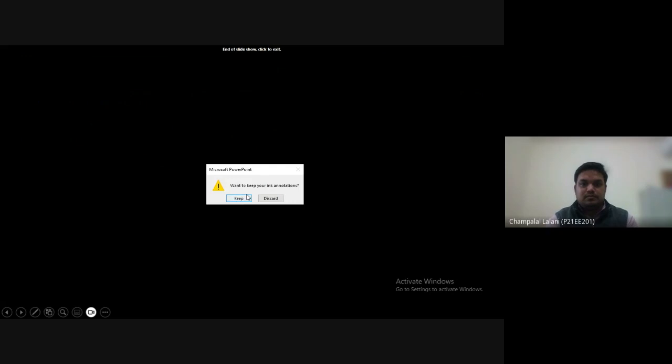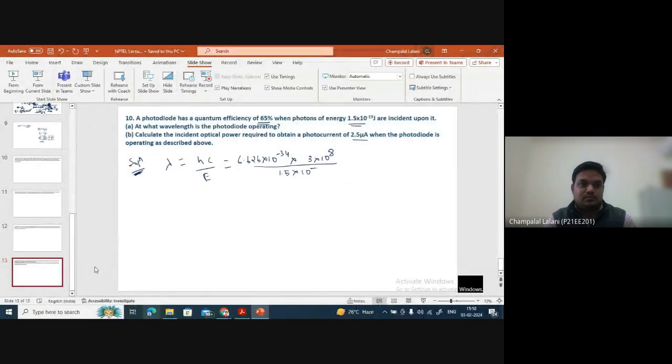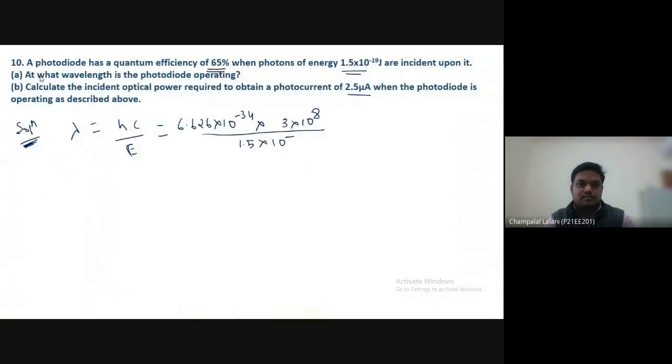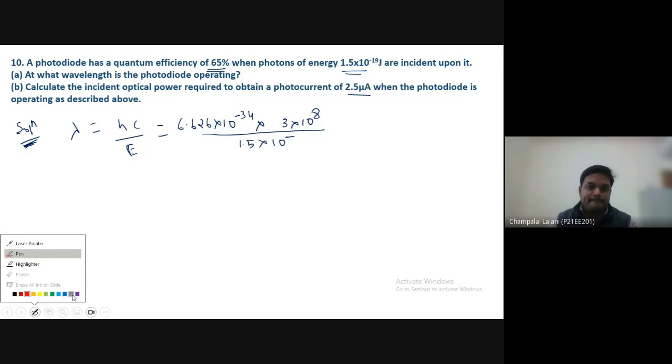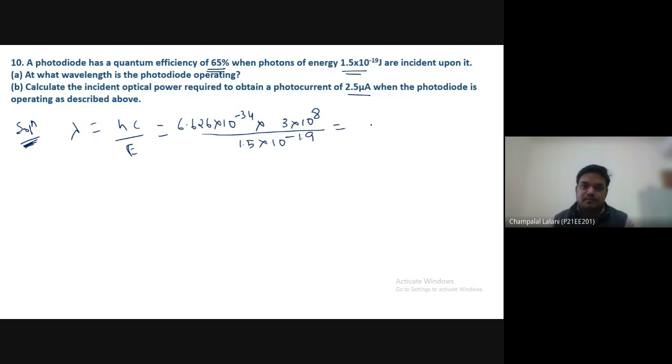Sorry, just a minute. And 5 into 10 to the power minus 19, which is given here. If we solve this, we'll get a wavelength as